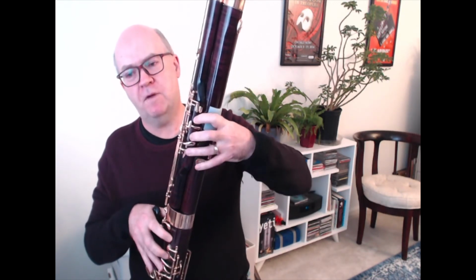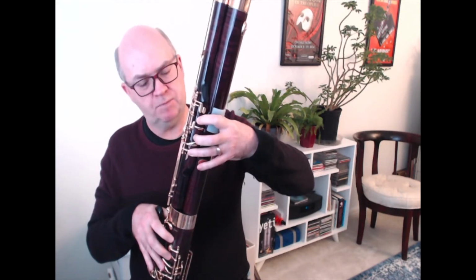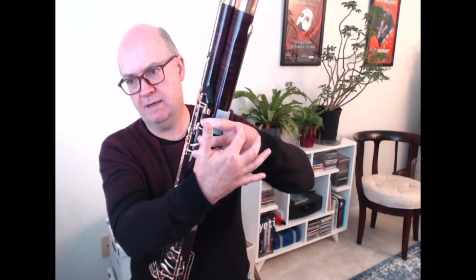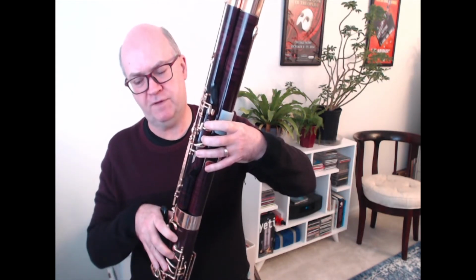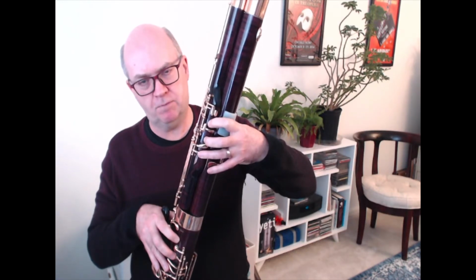When we're moving from that low G up the octave for the half hole, the way I achieve that is to pivot this first finger, and I'm really thinking of pivoting from this knuckle back here, and it does this motion. Now one way that you can think of it is if your finger was to come straight into the bassoon, it's actually already in a half hole, and that you pivot upwards, and that allows room to make this